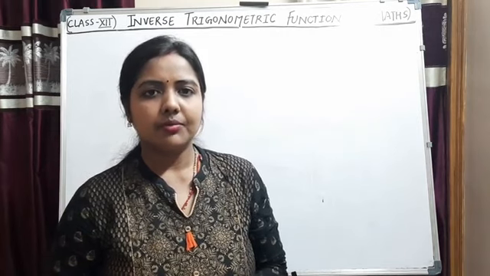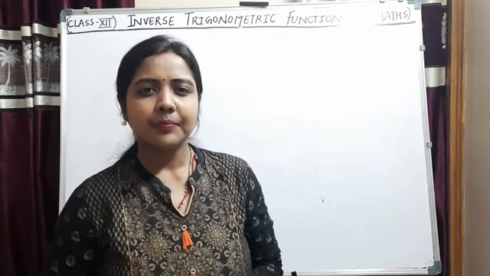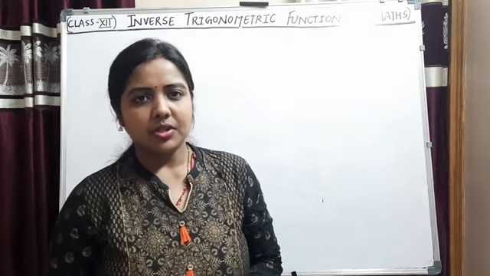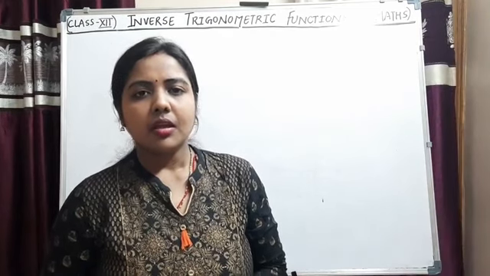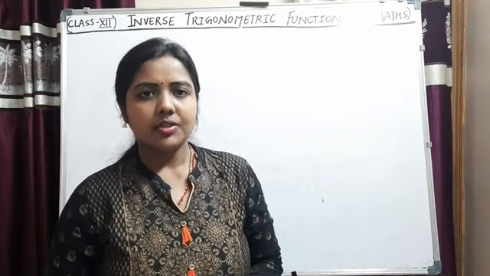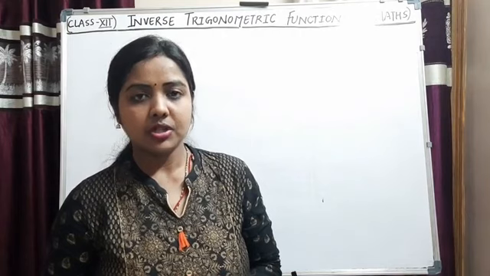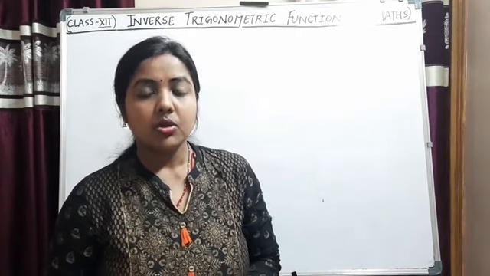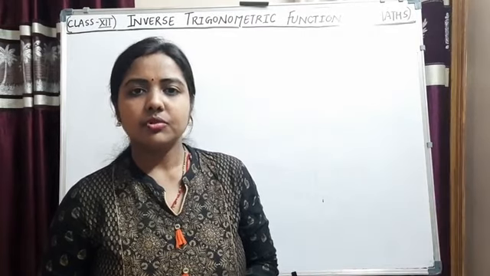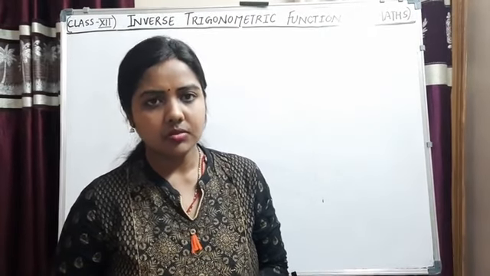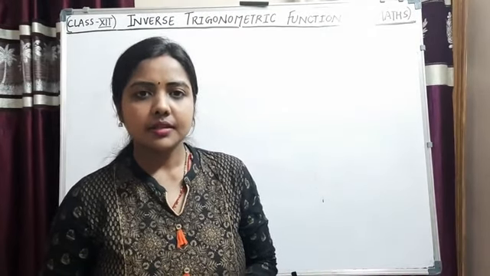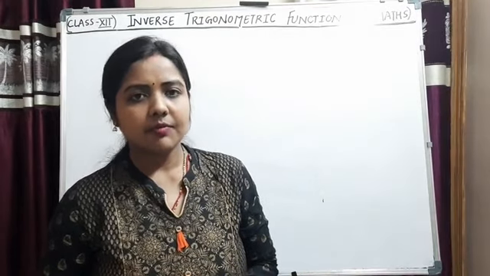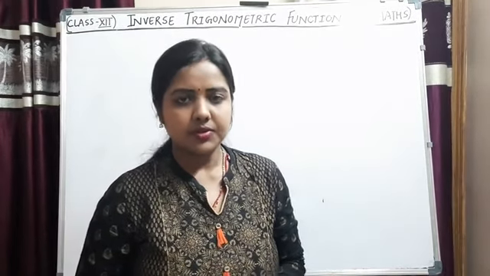In the previous chapter on functions we have discussed the inverse of a function. Whenever we have to find the inverse of a function, we have to show that the function is 1-1 and onto. Then that function is invertible. So the same concept we have to use in trigonometric functions also. Before that, we will discuss the inverse of a function and invertible function first.